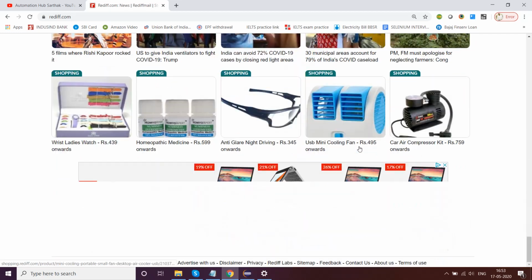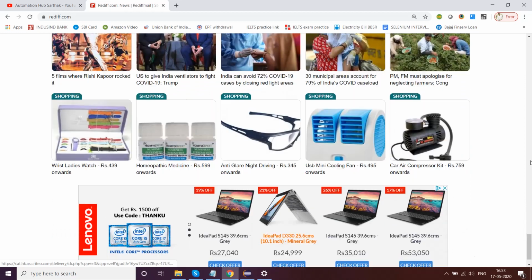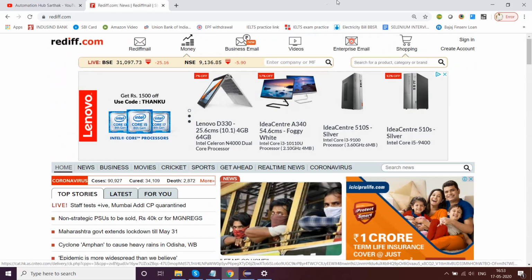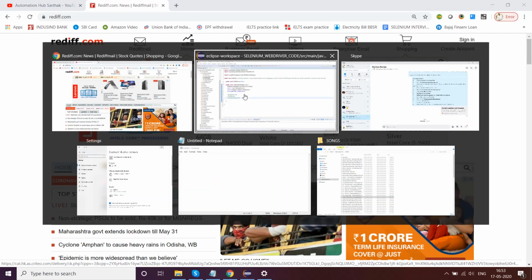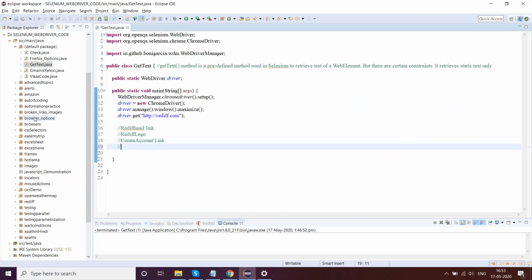I don't see any simple text because most of them are links and hyperlinks, so we'll just go with this live text. We will try to retrieve text for all these things.